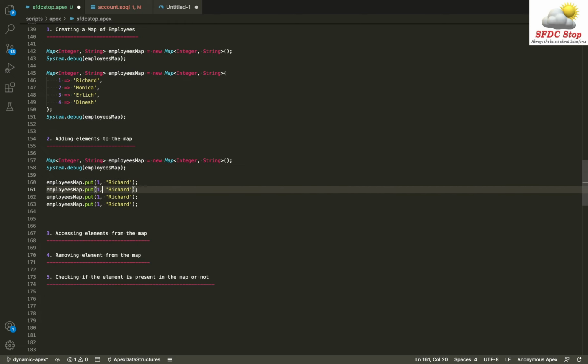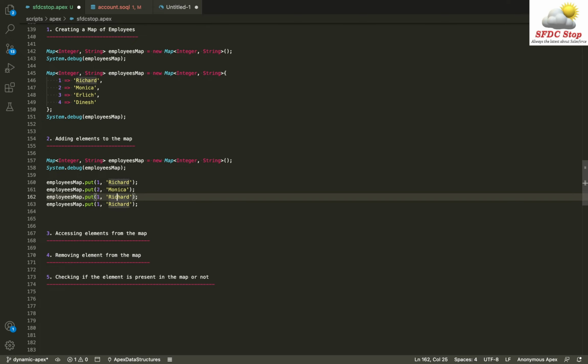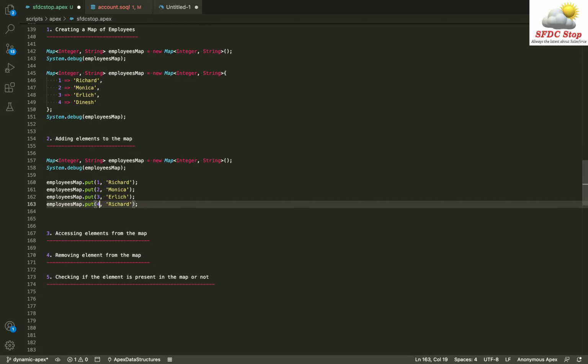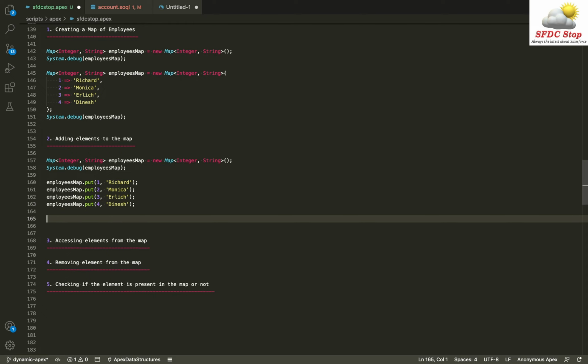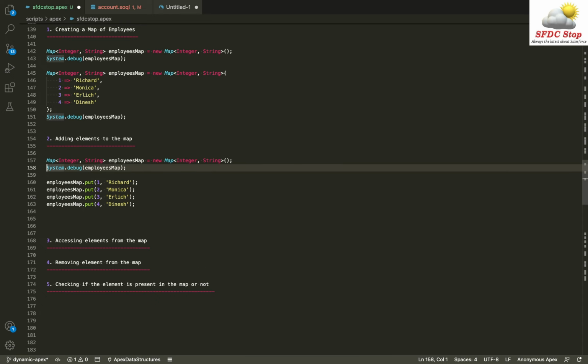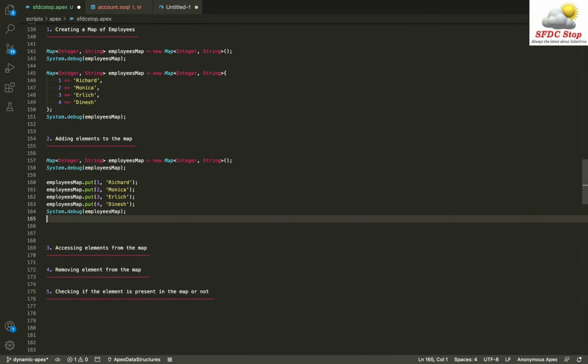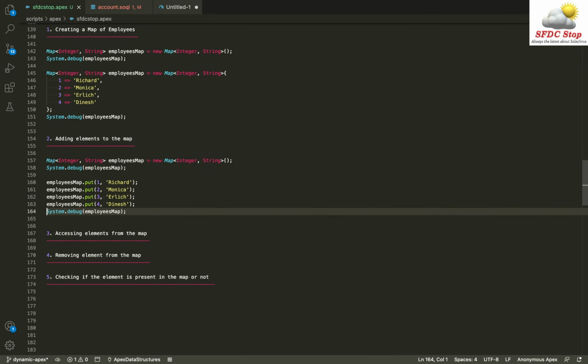So the key is 2 and the value as Monica. The key is 3 and the value as Arlik. And the key is 4 and the value is Dinesh. Okay. So this is how I can create an employees map. And finally, I can simply do system.debug employees map. Okay. So let me execute this code and let's see what happens.